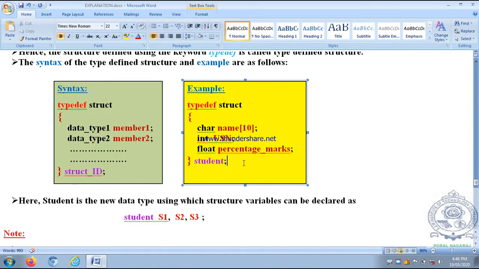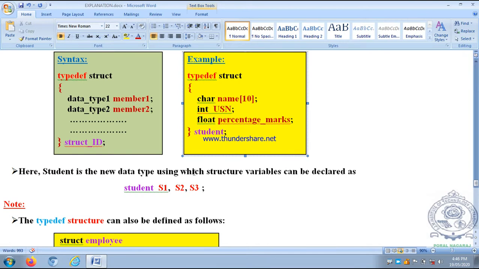It is terminated by a semicolon. Because this structure definition begins with the typedef keyword, we call it a type defined structure. So here we say student is the new data type, using which we can declare structure variables as follows.